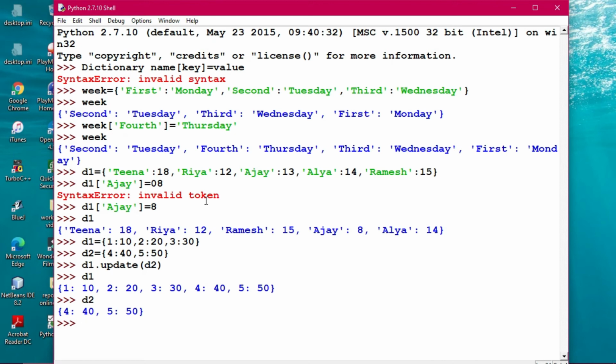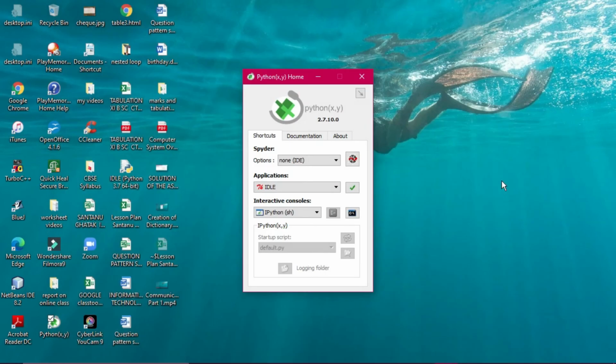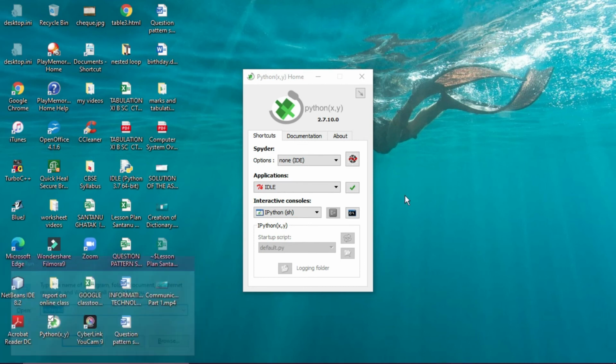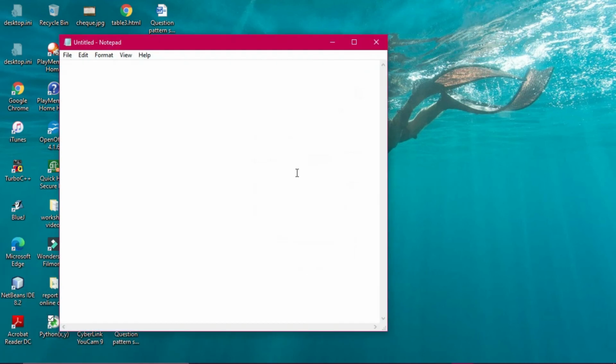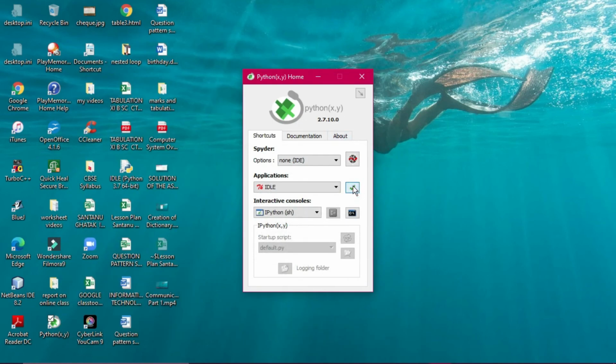Now you see that if you want, you can remove a particular value also. How could you do that? First of all, you highlight. I'm taking this one only. Now what is happening? This one I will take away. Just a minute. Yeah, stored it over here. Now I'll reopen it.